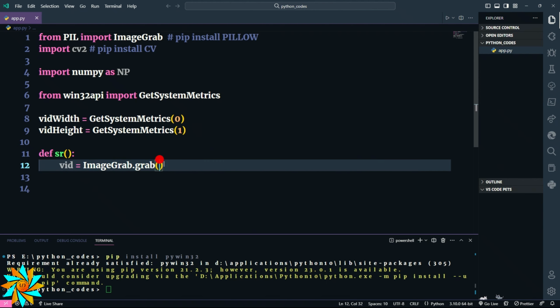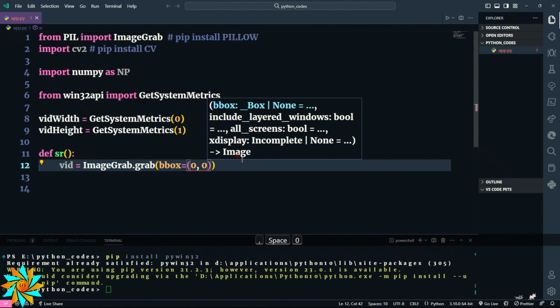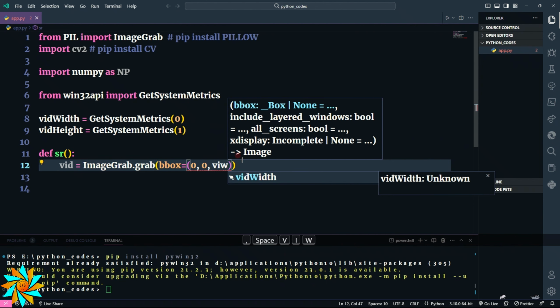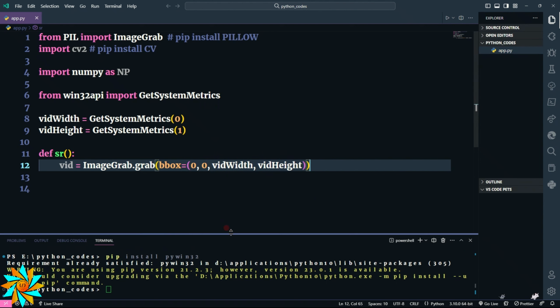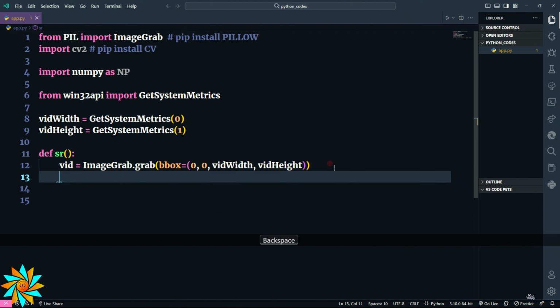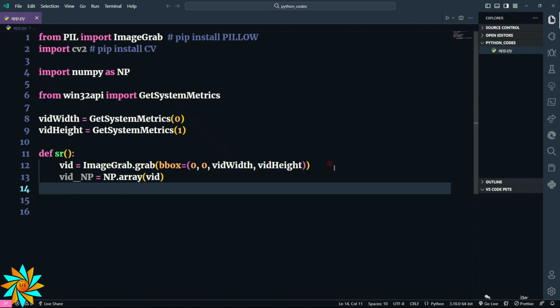After this, we are going to add here bbox equals 0, 0, and then we are going to get the width and height so that we can record the screen. But after this, we are going to assign this image variable with an array. In order to do that, we write np.array of the image. After this, we are going to get the result of the video. In order to do that, we write